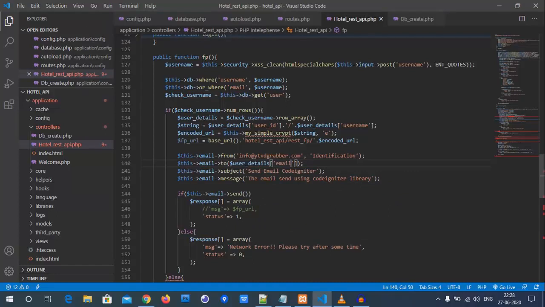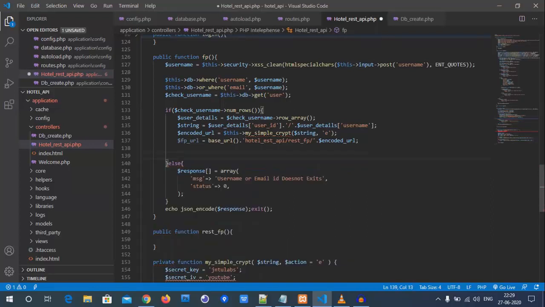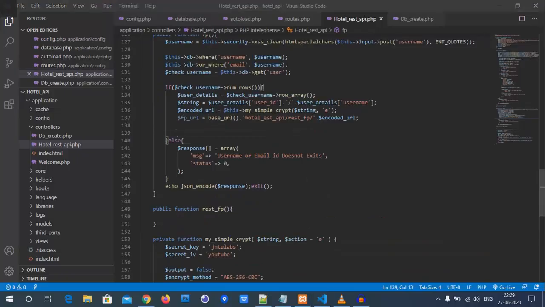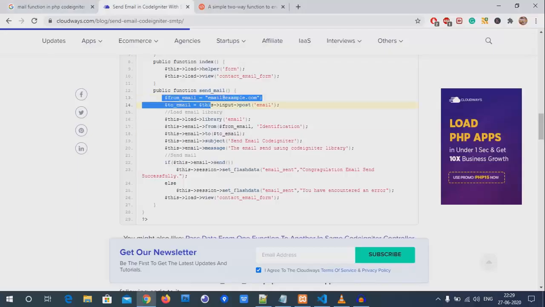So basically let us create everything. Send an email from address, from does have info at our identification. In email, to email id is nothing but dollar user details bracket email. Done. Subject, that is nothing but your forgot password, reset password link. So this is what we were expecting, right? But as we remove this, we are not kind of.